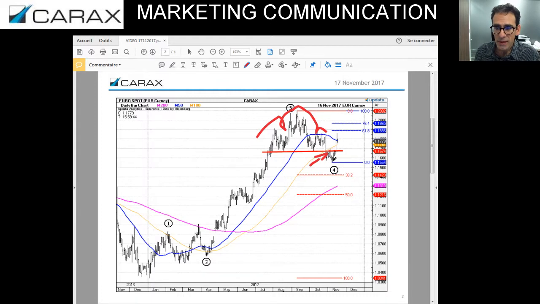Then there were some whipsaws below the neckline. And suddenly, at the start of this week, a strong recovery back above the neckline. So from a technical point of view, the message from the market is very clear. The market rejected the bear case, which was the head and shoulder case, and is moving back inside its trading range. So which, from an Elliott wave point of view, suggests that we made a wave